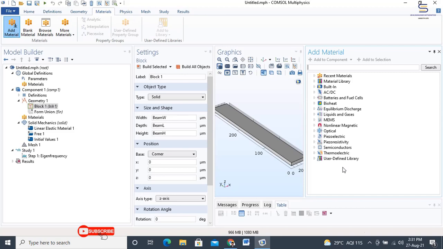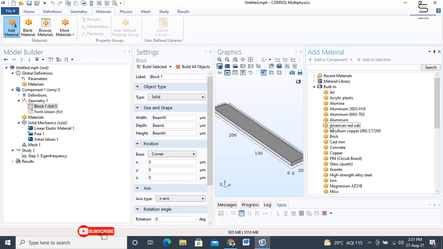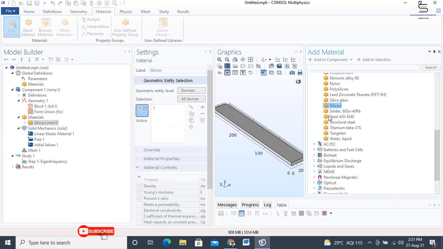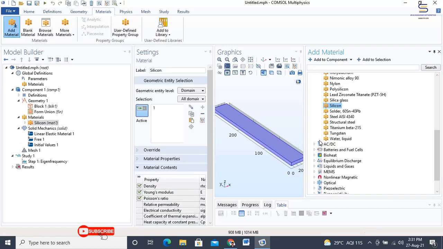We will select a built-in material and then choose silicon. Double clicking on it will add the material, but in order to complete this process, we have to add it to the selection. Click on add to selection.